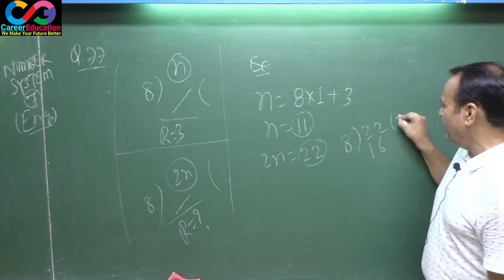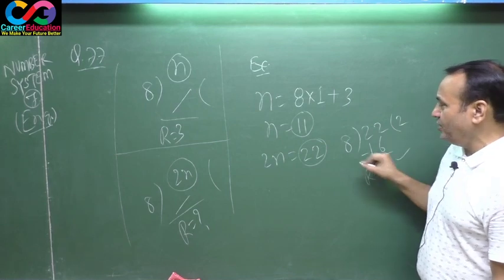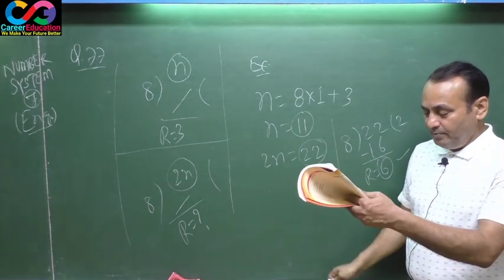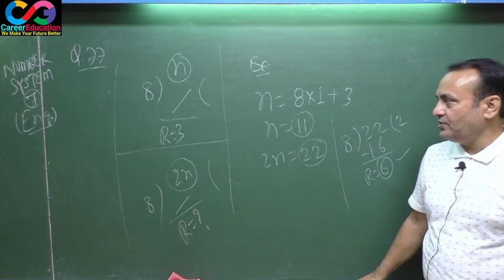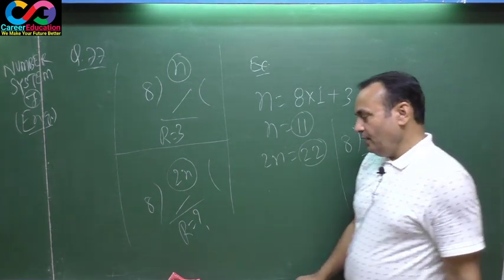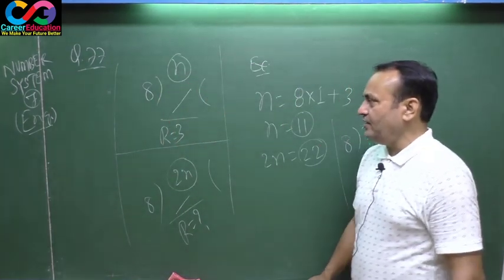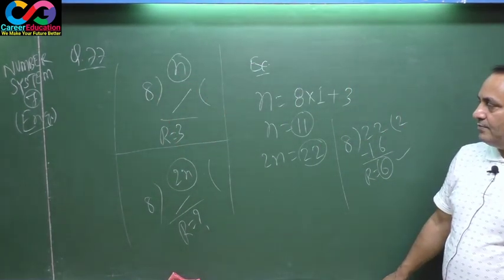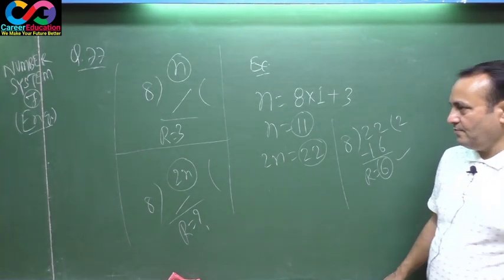And the question asks, 22 divided by 8, what will be the remainder? 8 times 2 is 16, 6 remaining. This is your remainder and this is your answer. Match the answer from the options. Okay, 6 is your right answer. Note down. But you will be solving such type of questions as well through a tricky approach. Note down first.